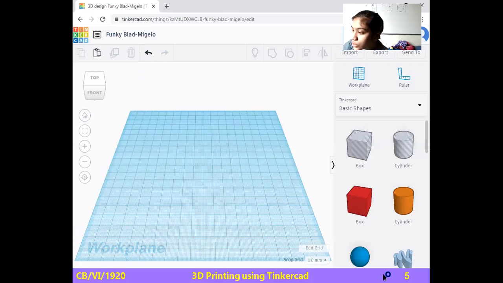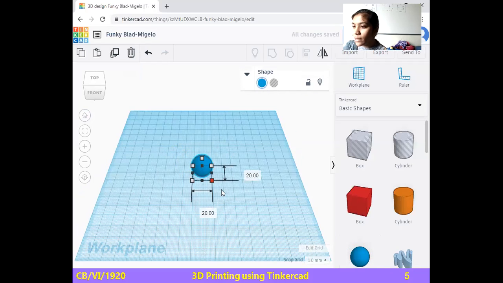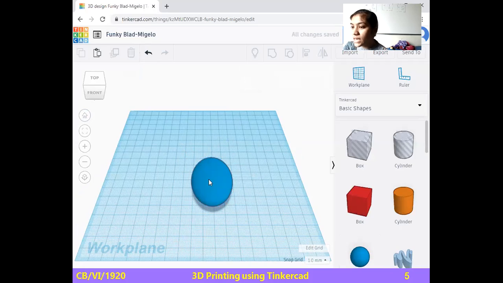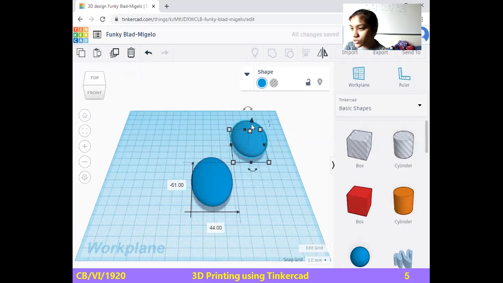Now we are going to create one hollow object. Hollow object means in the middle there will be a gap in the shape, in the form of a circle. I'm increasing the size of that. You have to practice this also. And taking a duplicate of this, मैं इसका same to same duplicate ले रही हूँ. आप यहाँ पे देख सकते हो उसका duplicate आ गया, and I'm decreasing the size of it